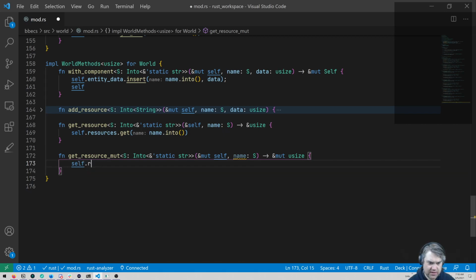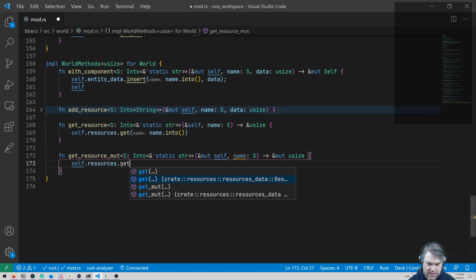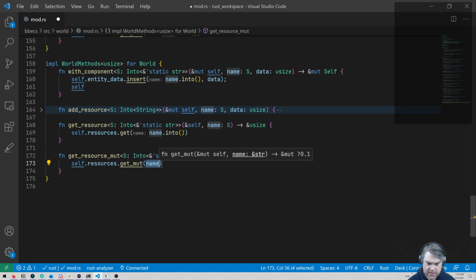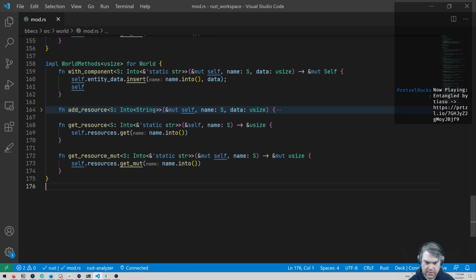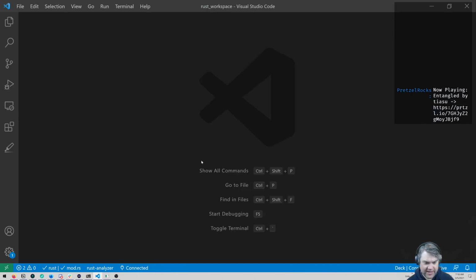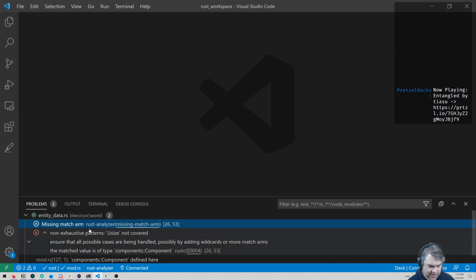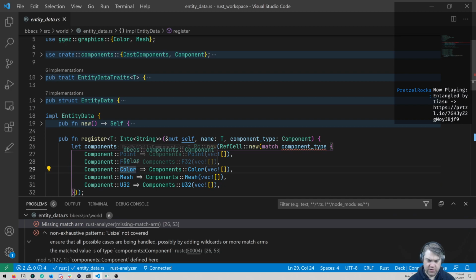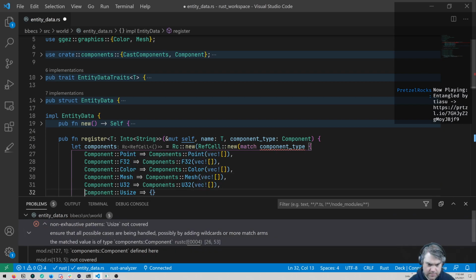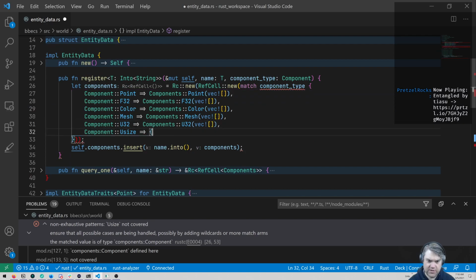Okay, self.resources.get_mut. No more warnings in here. Okay, so we got 2 warnings across all. Missing match arm for usize now.